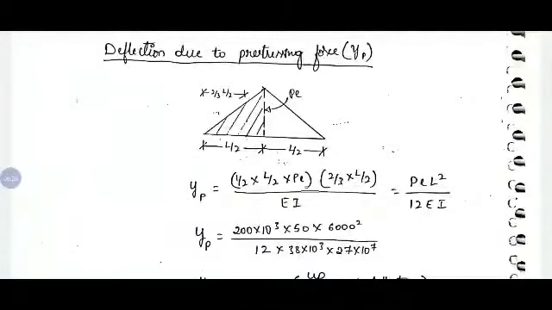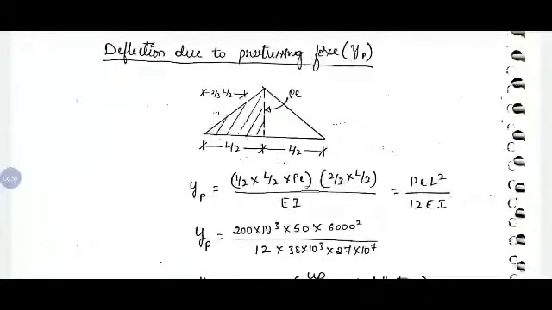So area of shaded area is half into base L by 2 into height P into E into the bending moment with respect to support, means you are measuring the centroidal distance of the triangle from apex, that is 2/3 of L by 2, or 2/3 of base, divided by EI. Now on simplification,